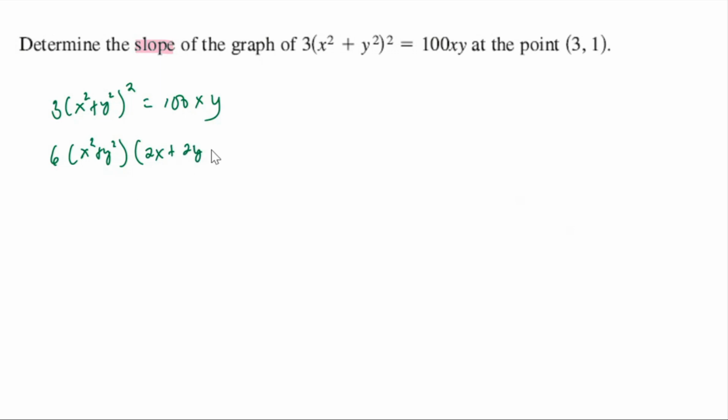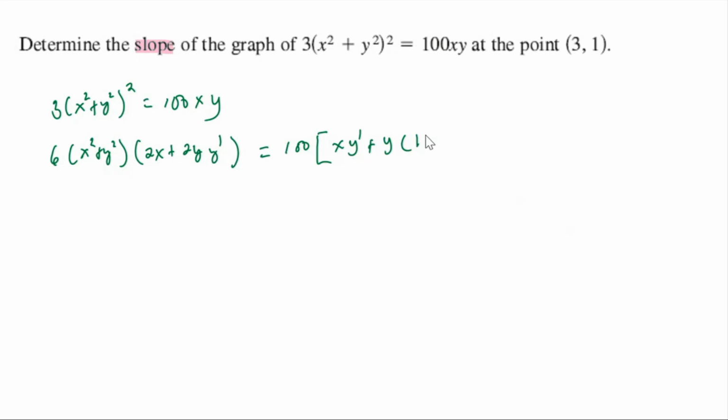Therefore, we have y prime after taking the derivative of y squared, is equal to 100 times, using the product rule, x times the derivative of y, which is y prime, plus y times the derivative of x,